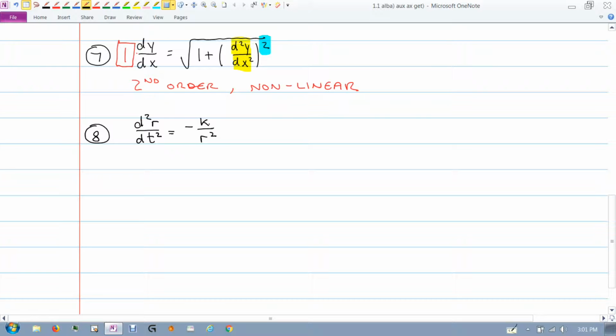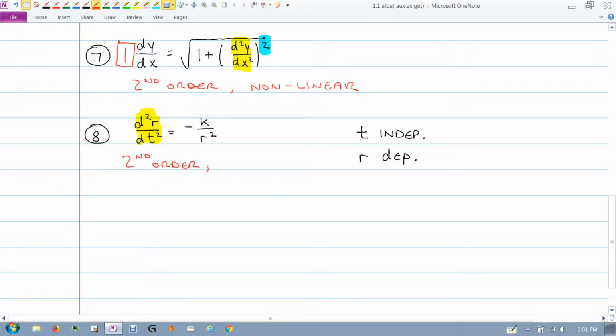The independent variable in this problem is, I'm sorry, I got that wrong, t is the independent variable, and r is the dependent variable. So we are assuming here that r depends on t, kind of like y depends on x. Let's talk about the order. First of all, we have a second derivative of r with respect to t, so our order is second order